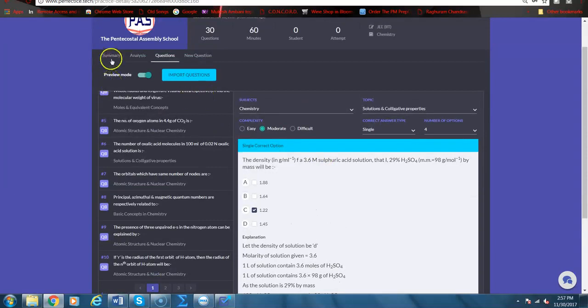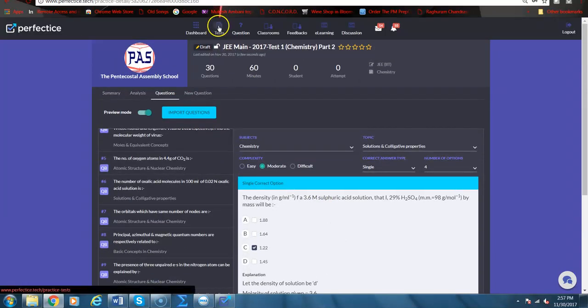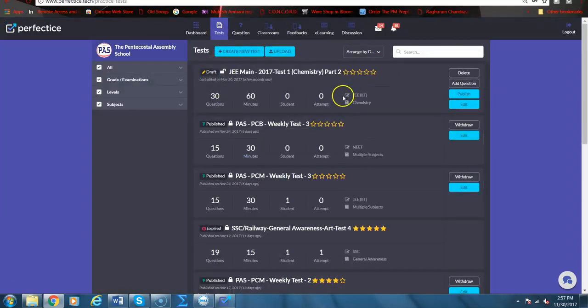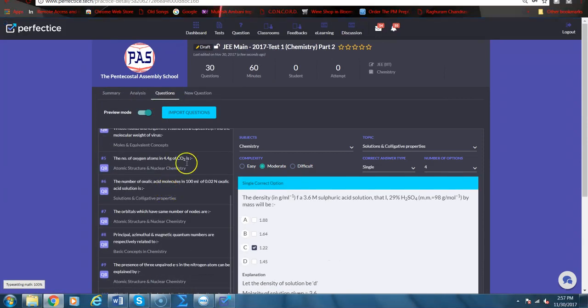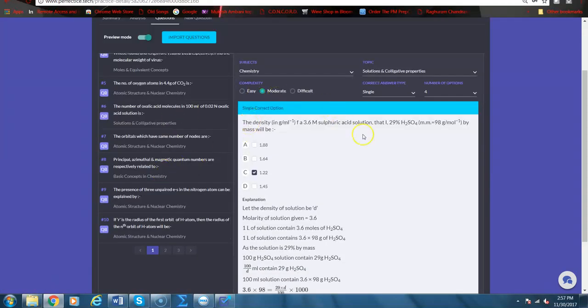So what happens is when the file is uploaded, as you all can see, it looks like this. And on this page, you click on the edit button, we go to the questions tab, and once we go on the questions tab, we see all the questions in the preview mode. The point of preview mode is exactly the view as how the student would see the question, so that it would give the teacher an idea of how the question is going to look